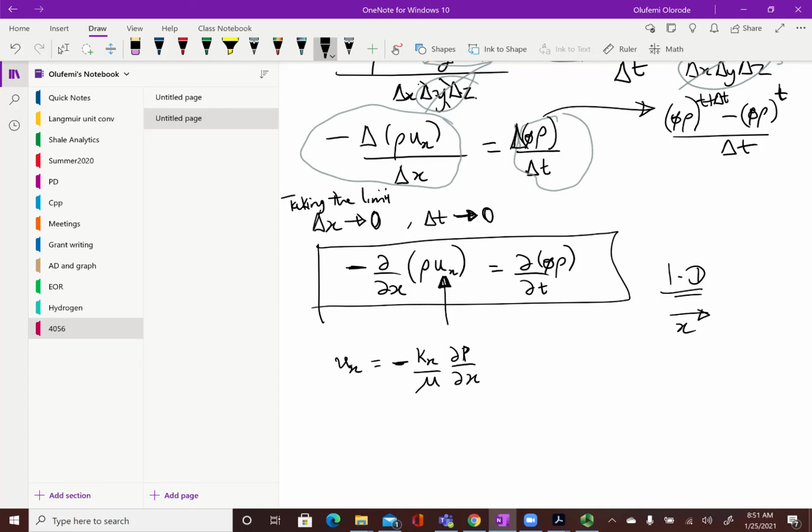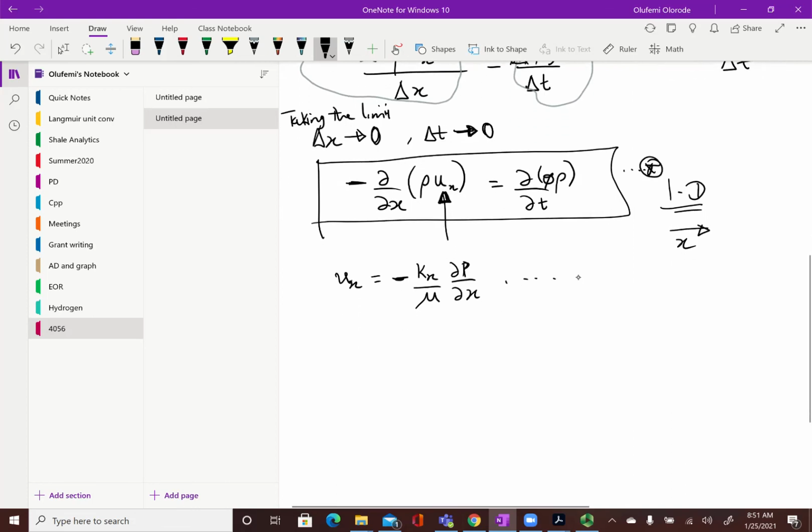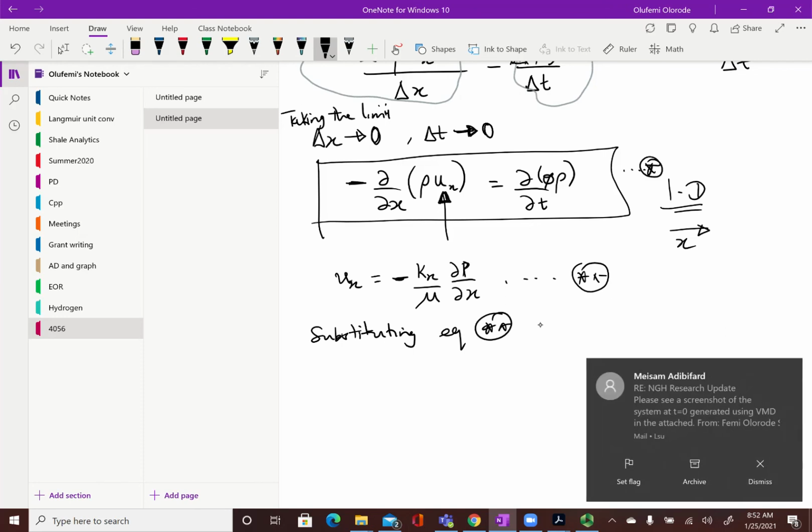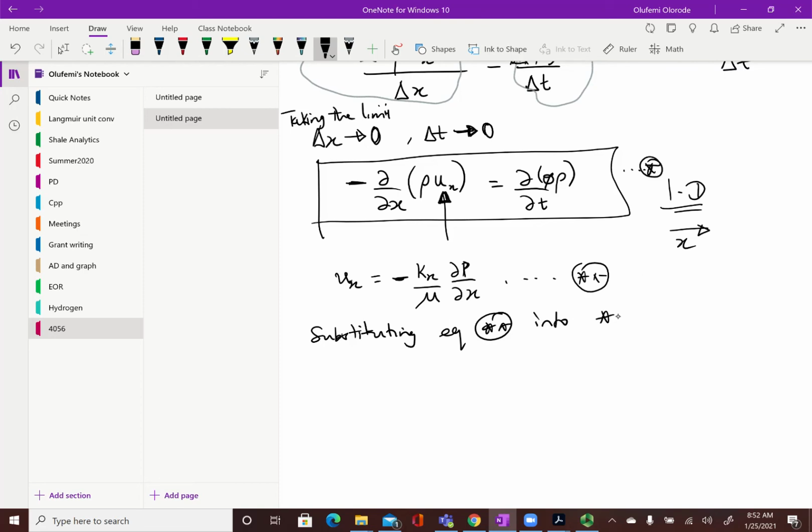So this is Darcy equation, which you can plug into the continuity equation. You can call this star star. So substituting equation star star into equation star yields